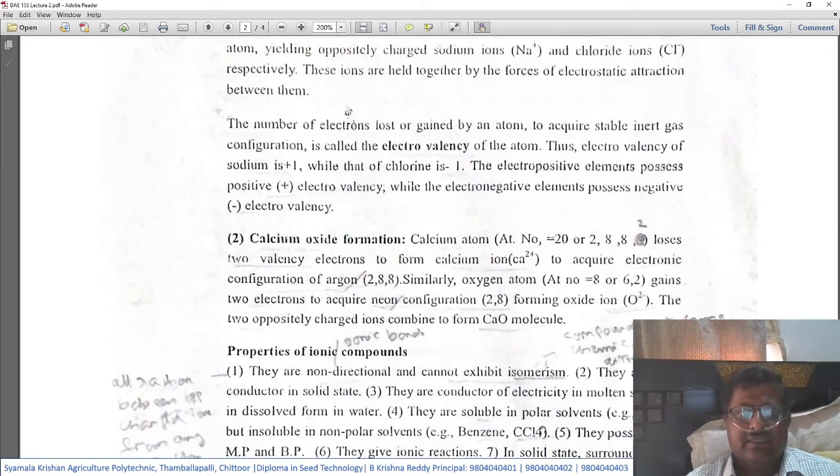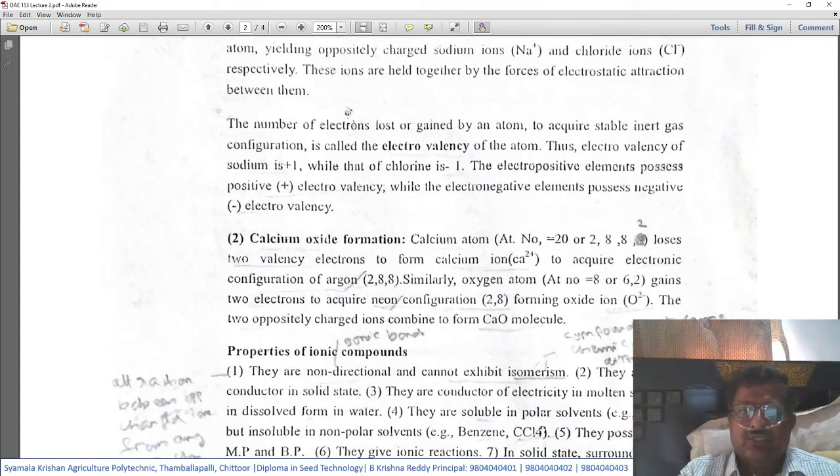This calcium atom loses 2 valency electrons to form calcium ion, that is Ca2 plus,